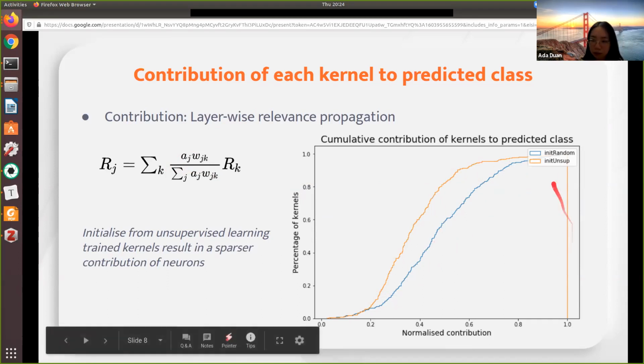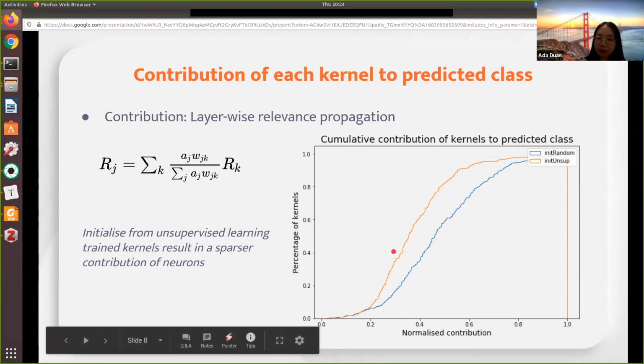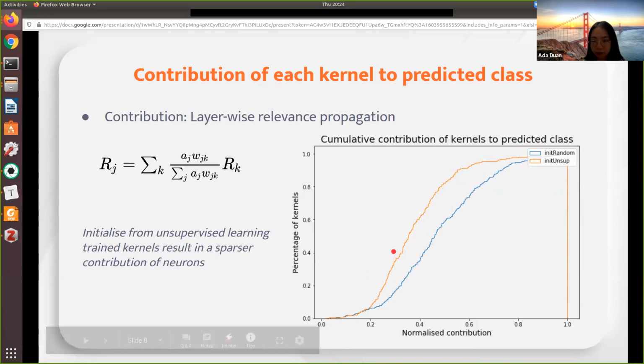And the orange curve is when we initialize from the structured kernels. It results in a sparser contribution, and it seems to be indicating that the structured kernels are less able to get used by backprop for the classification.